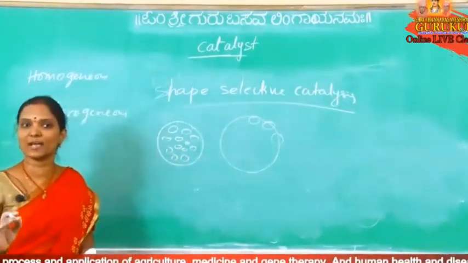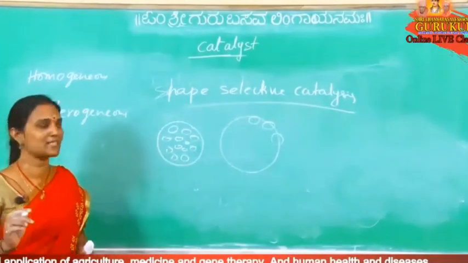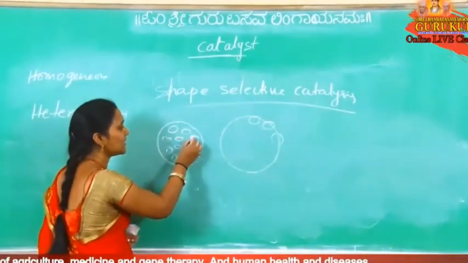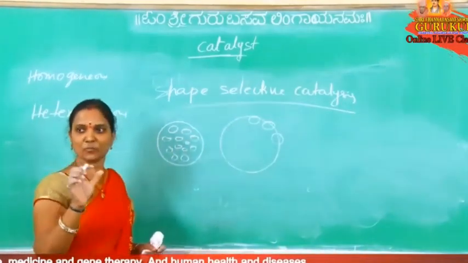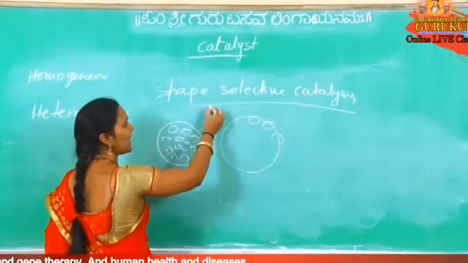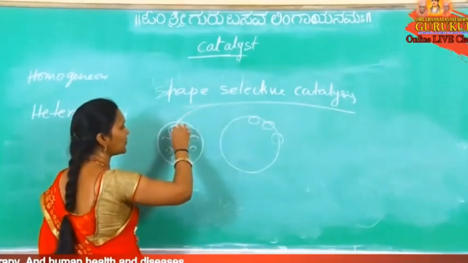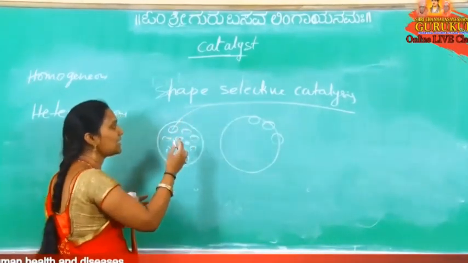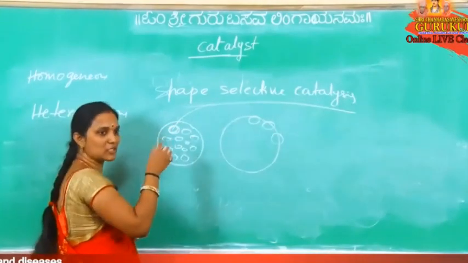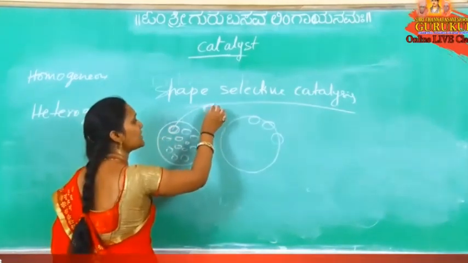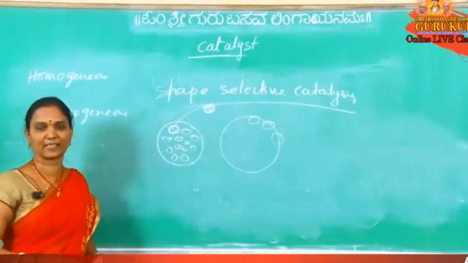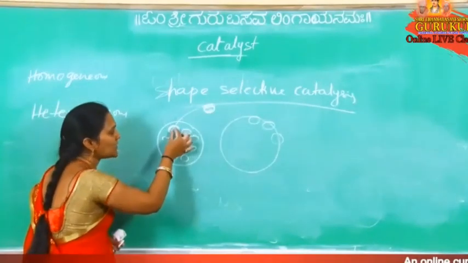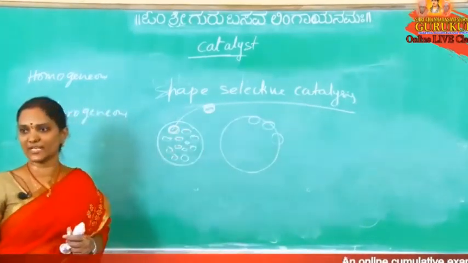So zeolites have a sieve structure. Pores are there, and every zeolite has fixed-sized pores. Now any reactant occupies these pores. The reactivity depends on the pore size of the zeolite and also the size of the reactant. That reactant occupies these pores.